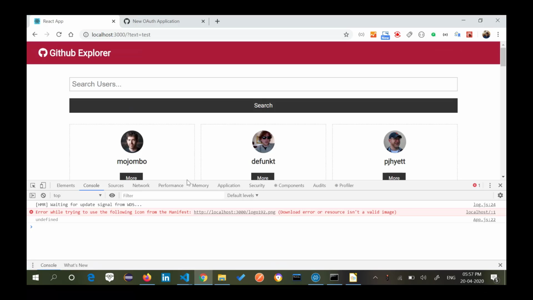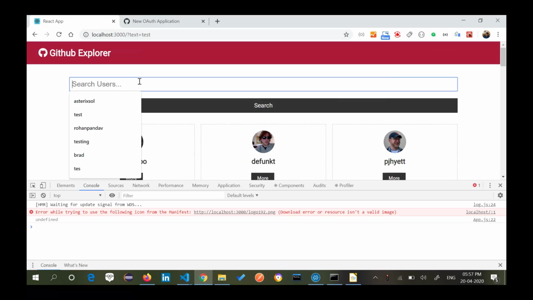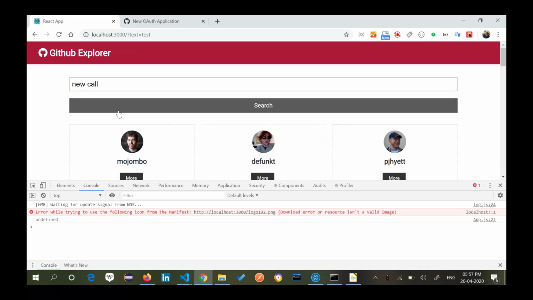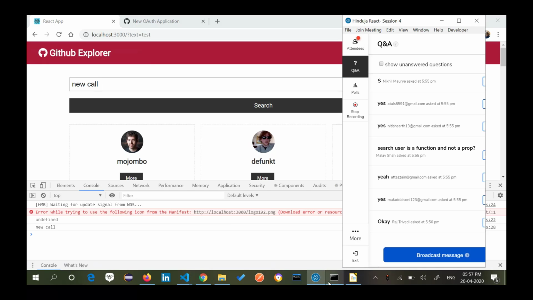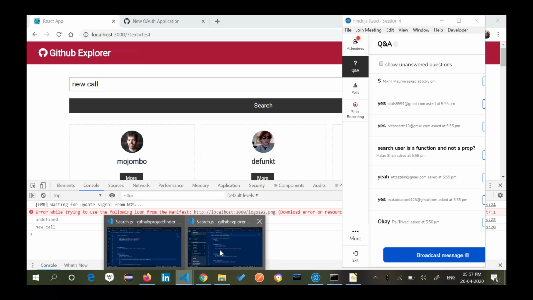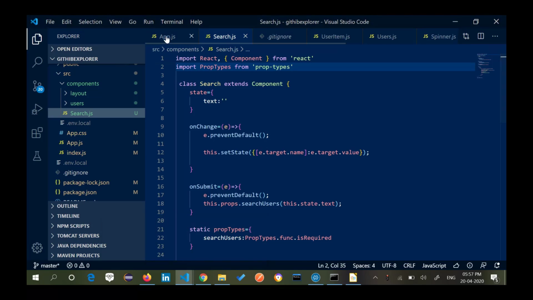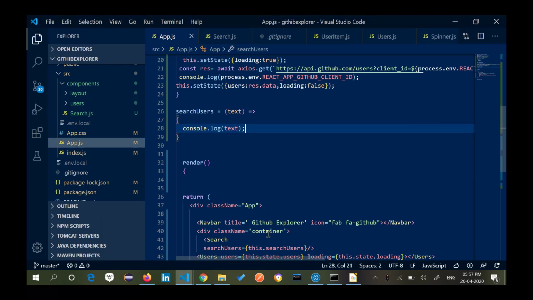This clears. If I say new call and enter, can you see the data from searchUsers is actually being passed on to my app.js, because this is getting printed here.